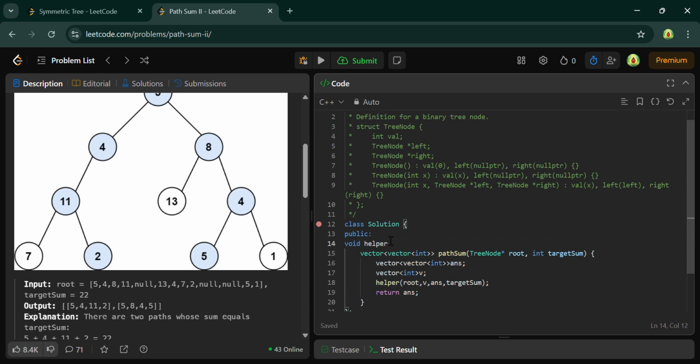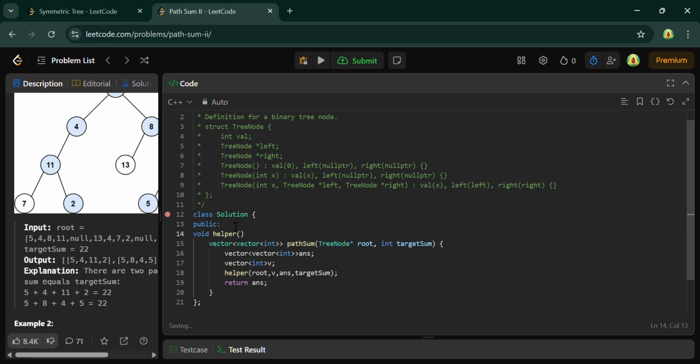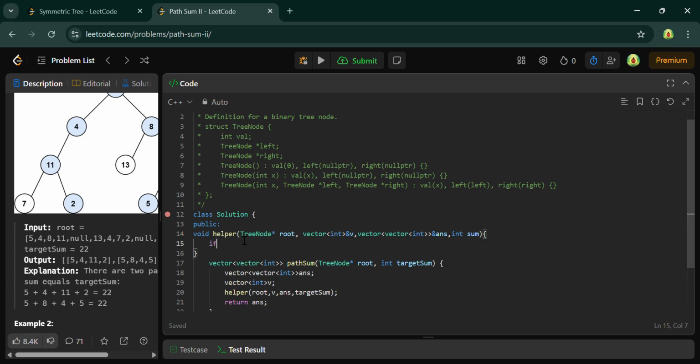Void helper is basically TreeNode star root, vector of int ampersand v, vector of vector int ampersand answer, and int sum. Okay, you just have to check if root equals to null, then you just have to return because